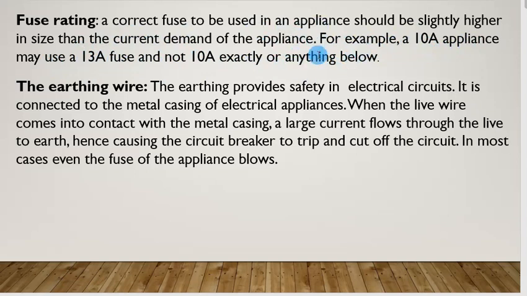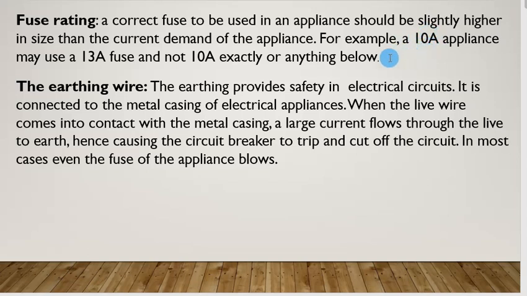Here you find questions on multiple choice sometimes to say an electric appliance is rated so and so, then they ask you which one is the correct fuse. When you calculate the current, you find that maybe the current is 10 amps. But when you look at the answers provided on multiple choice A, B, C, D, you find that 10 amps is not there. Or 10 amps may be there actually. Okay? So you cannot pick 10 amps or anything less than 10 amps. The correct fuse must be slightly higher than the demanded current.